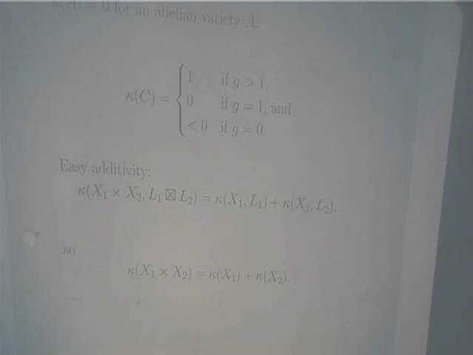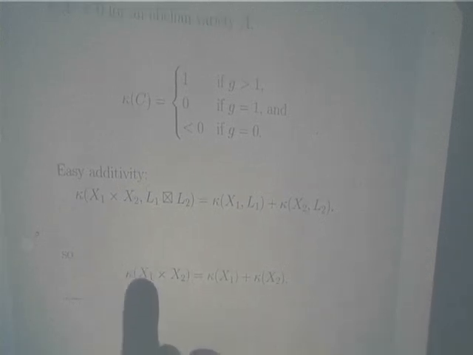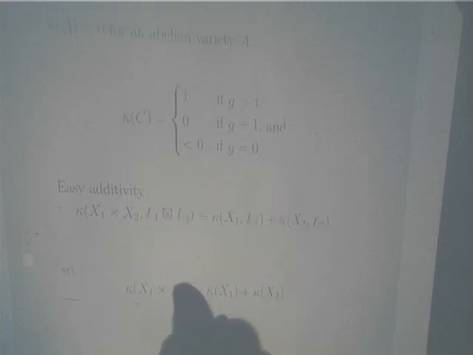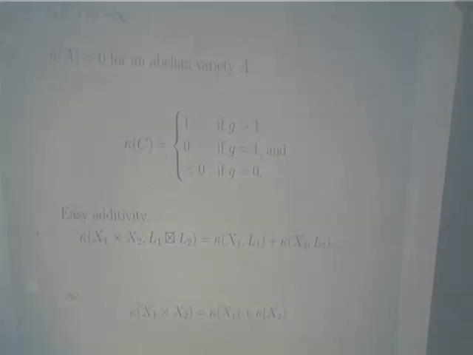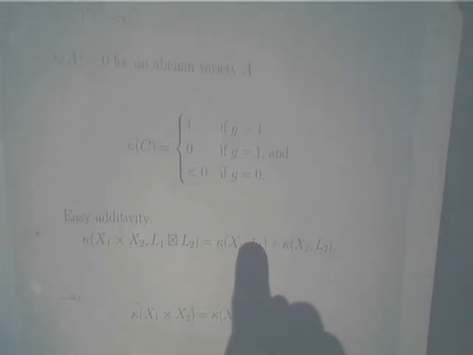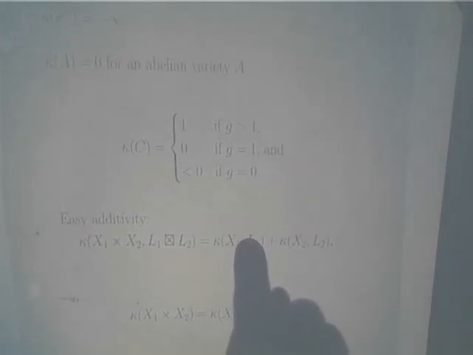This is where minus infinity is important, because if you take Pn here, the Kodaira dimension of Pn cross something stays minus infinity. So you check that. In order to prove this, you need to be careful about the case where there are no sections. Okay. I think it is a good place to stop.